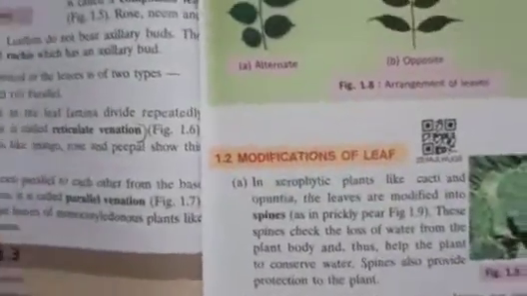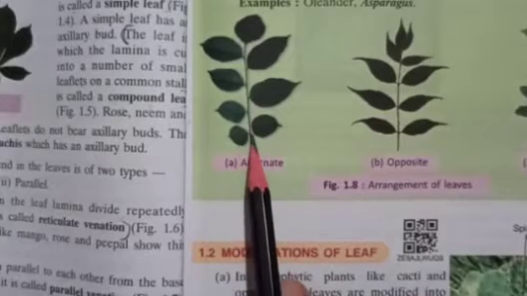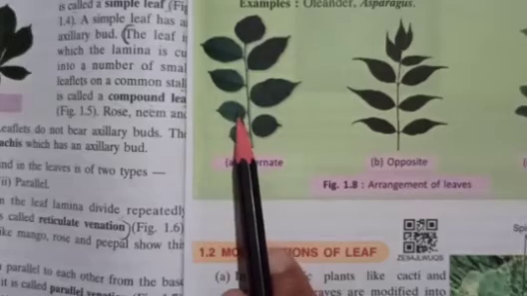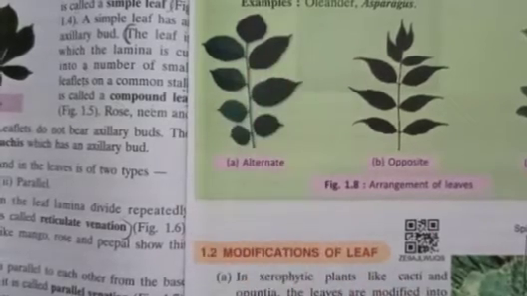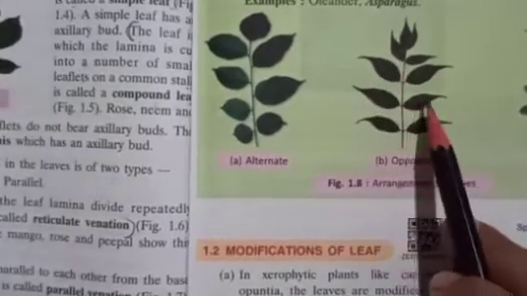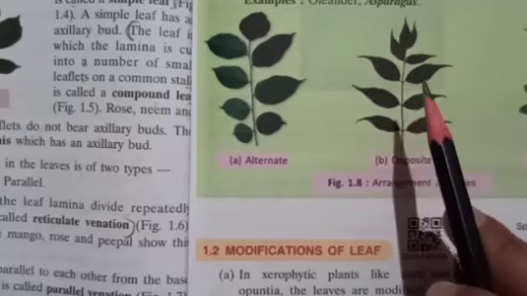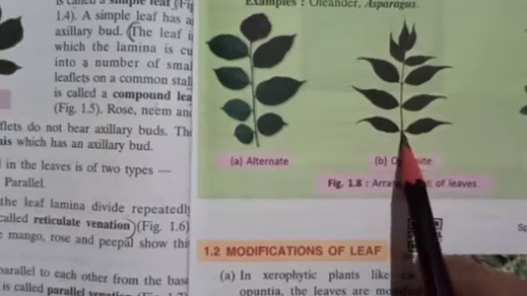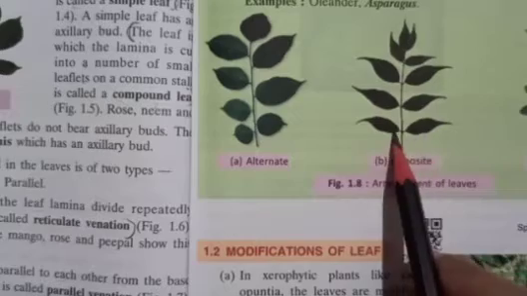Okay, how? I'll show you. Here, this is alternate. Okay, so you can see one is here, the next is on the opposite side, then the other one is on the opposite side. So they are on the opposite side to each other. Okay, so this is alternate. Then the second type of phyllotaxy is opposite phyllotaxy. Here two leaves arise at each node at one point. You can see at the same point two leaves, they are arising and they are opposite to each other.